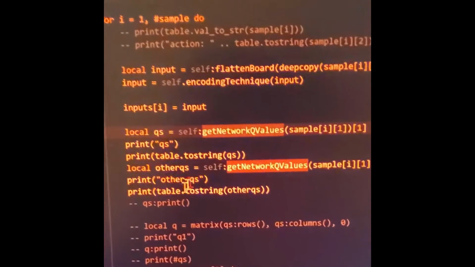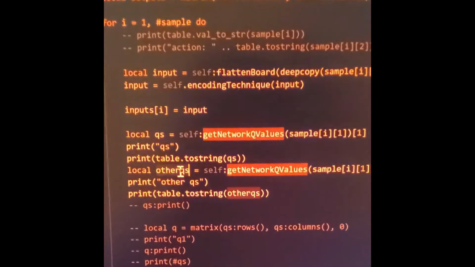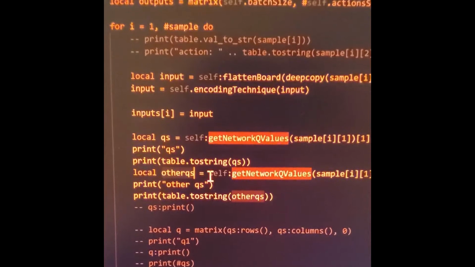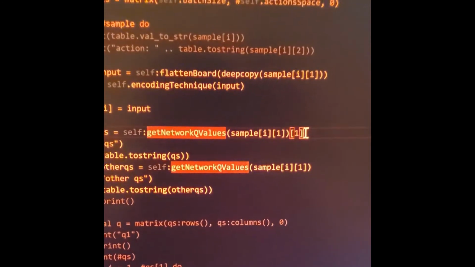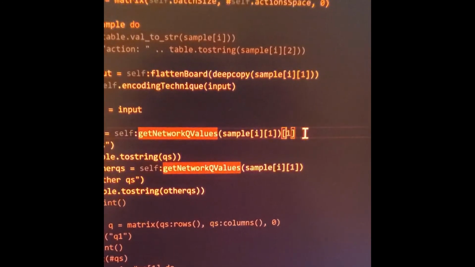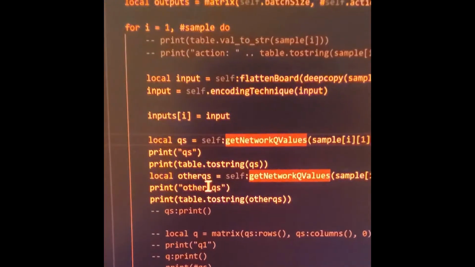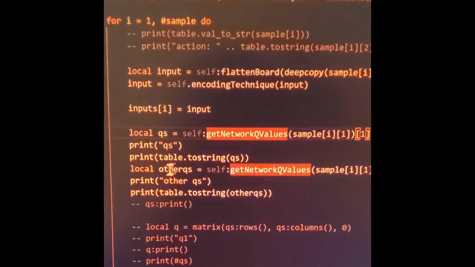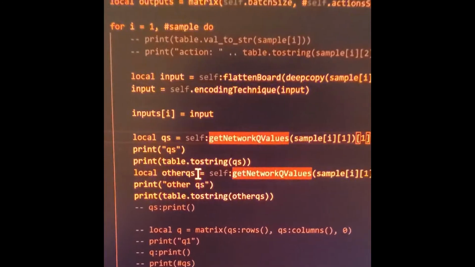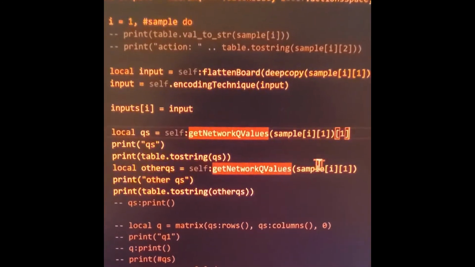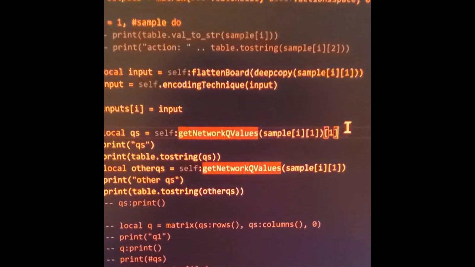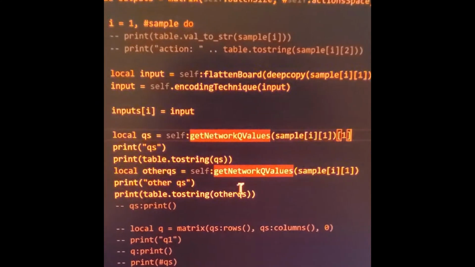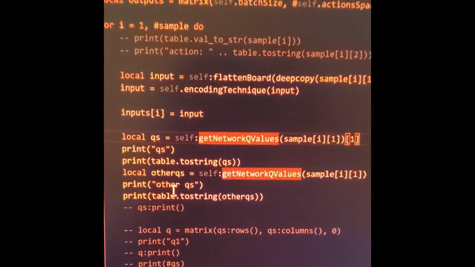Now here's one thing that completely throws me for a loop. I decided this morning to see what would happen if I didn't index this one, and whether or not it would throw an error. So I create another local, other Qs, don't mind the variable name. Everything's the exact same except I'm not indexing the first item in the table, array, or dictionary, whatever.